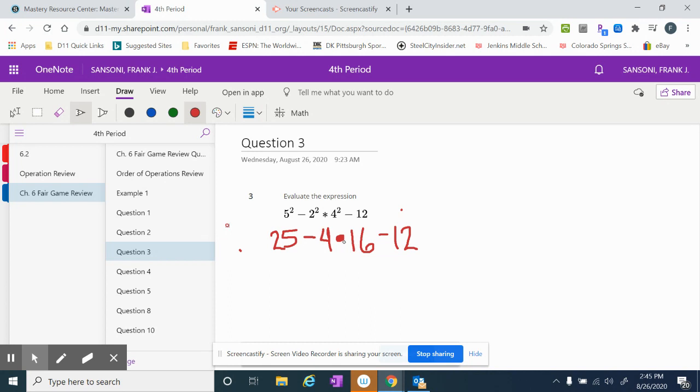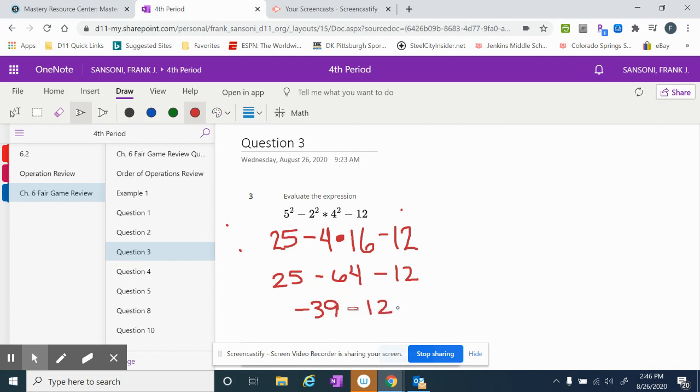I have subtraction, multiplication, subtraction. So obviously I'm going to do multiply first. So I've got 4 times 16 in the middle. 4 times 16, that's going to be 64. So I got 25 minus 64 minus 12. 2 subtractions. I'm going to start with the one on the left. I've got 25 minus 64. 25 minus 64 is going to be negative 39